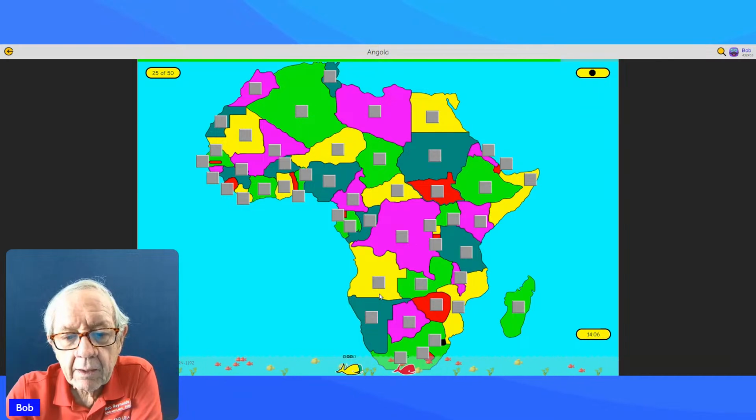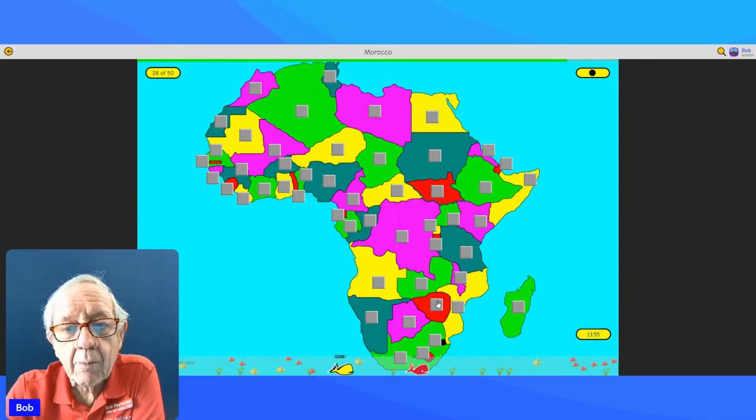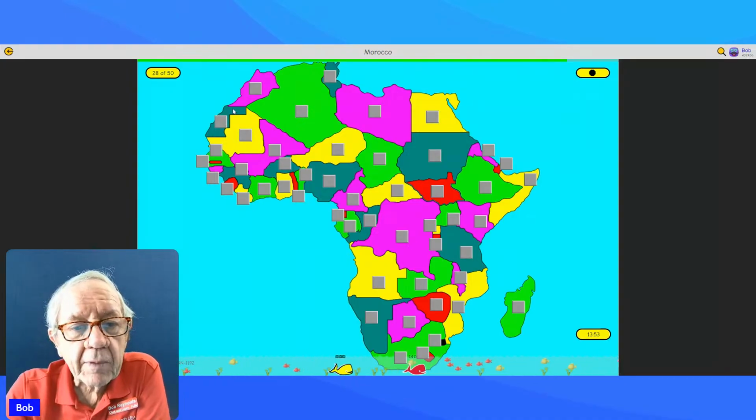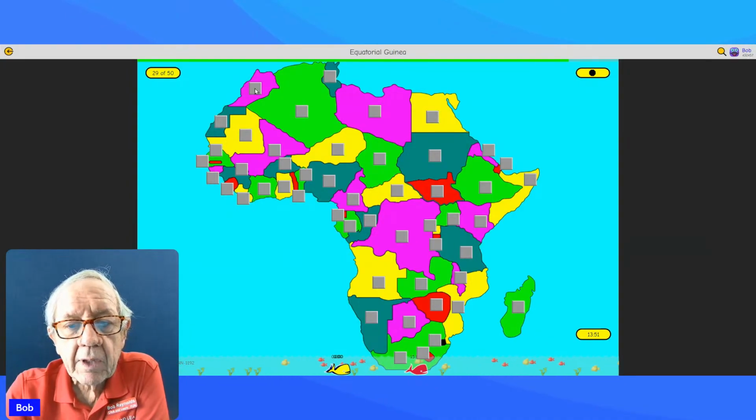Angola, Algeria. This would be Angola, Zimbabwe, Zambia, the two Z's, Zambia, Zimbabwe, Morocco. This would be Morocco, Equatorial Guinea, pretty much on the equator. Benin, this would be Benin, Mali,